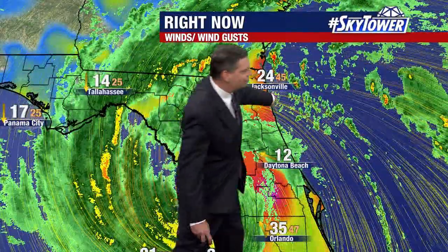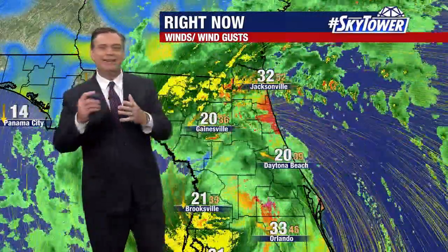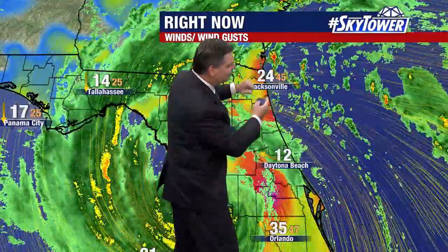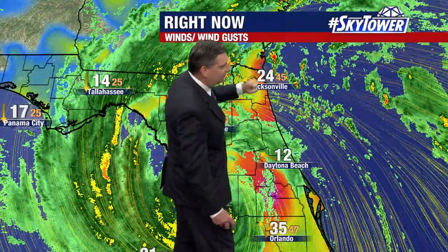And you look over on the eastern side of the state, remember that wind, it's coming in off the water, so there's really nothing to slow it down. You don't have the land interactions, you don't have the buildings, you don't have the trees, and so that's why you still see those very strong winds, at times still gusting over 50 miles an hour, but here you see 45 up in Jacksonville,